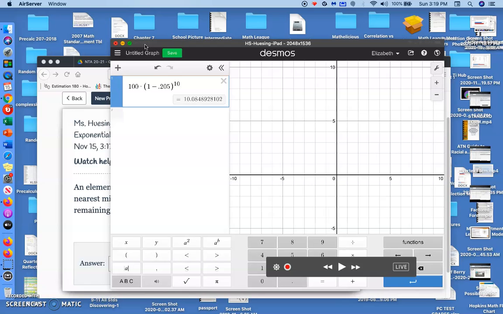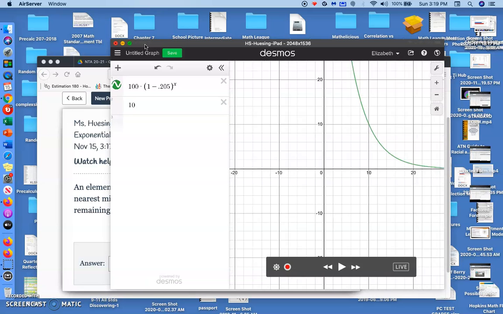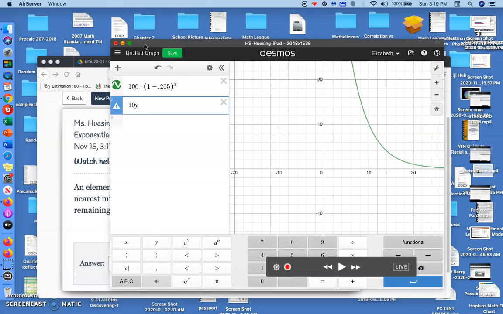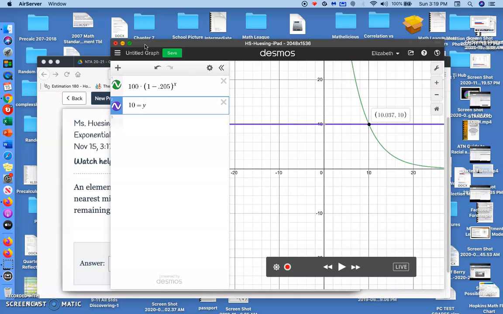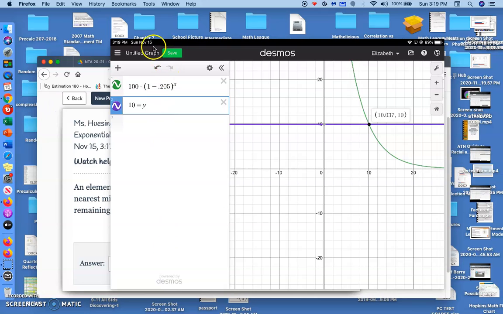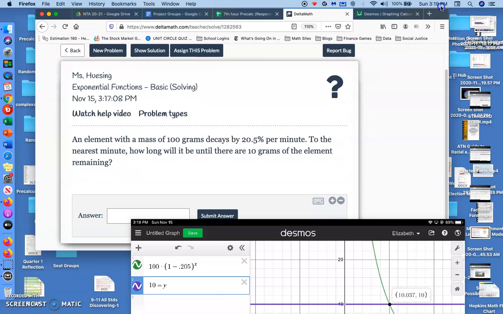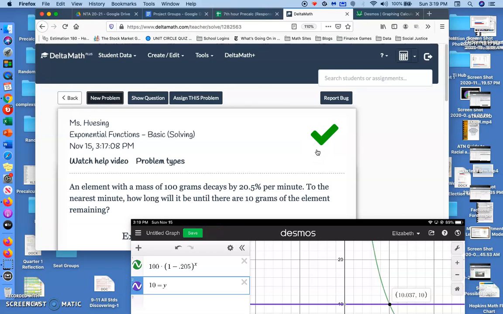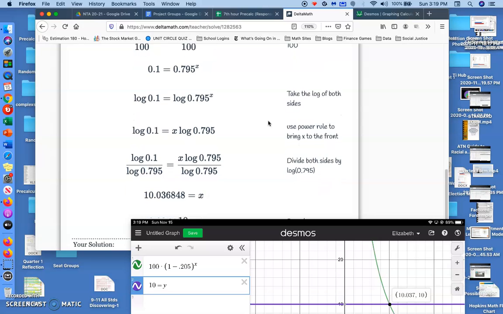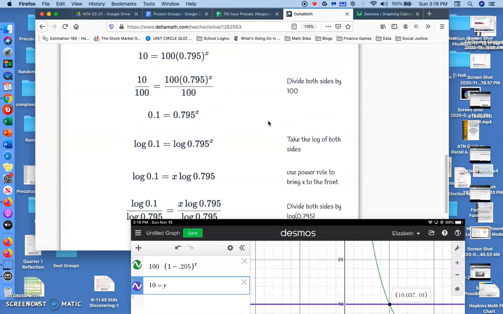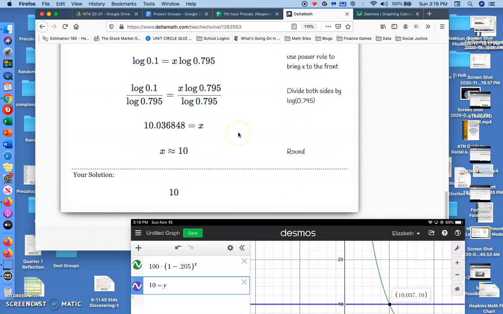11 and 10. The other way you could do it is we could put an x here, and write what's on the other side of the equal sign. And if we graph y equals 10, we can check where our intersection is, and our intersection is at 10.37. So if we go back here to our nearest minute and type in 10, we can see that we got that one. And you'll notice here, it's solving with something called logs. We're going to get to that in the future. For right now, I'm totally fine if you're just